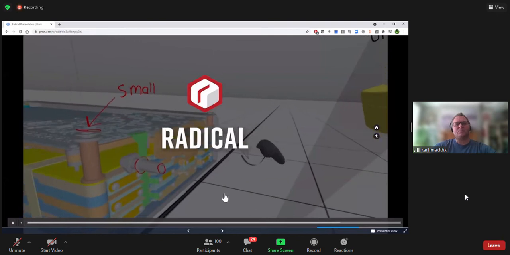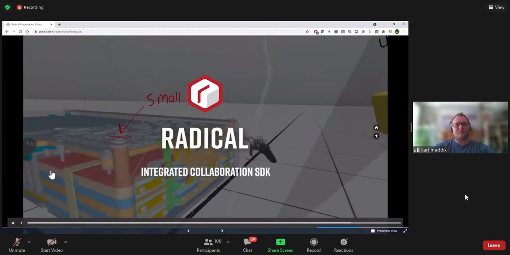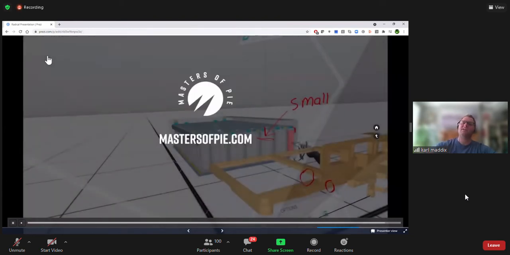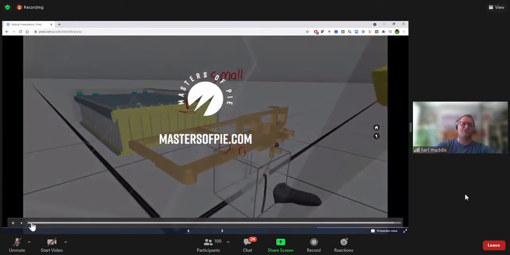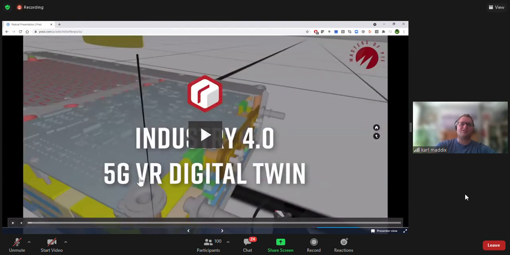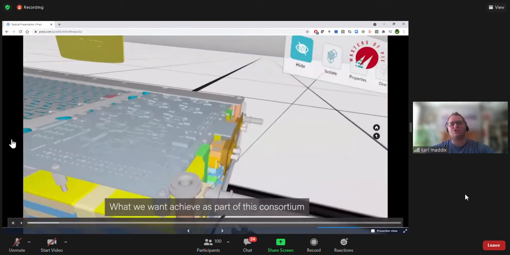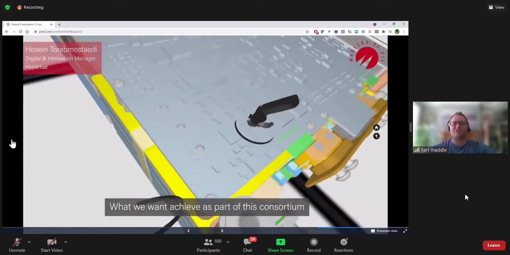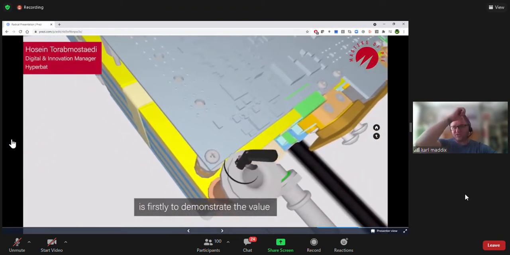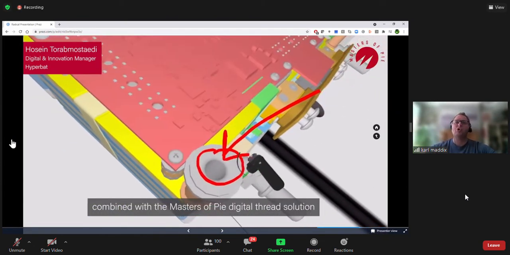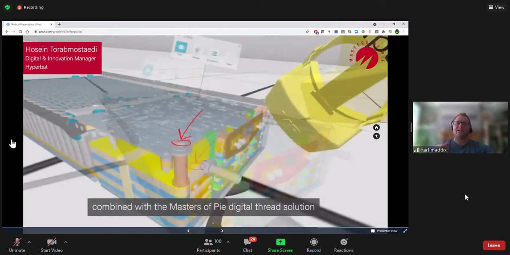This is the electric vehicle battery that's being manufactured at the Unipart factory, the Hyperbat factory. And then here you have cross-team collaboration happening in the virtual reality environment, where you're free to explore the one-to-one scale representation of the data. As Radical pulls it into these VR environments, we can create tools to interrogate it, draw markup,